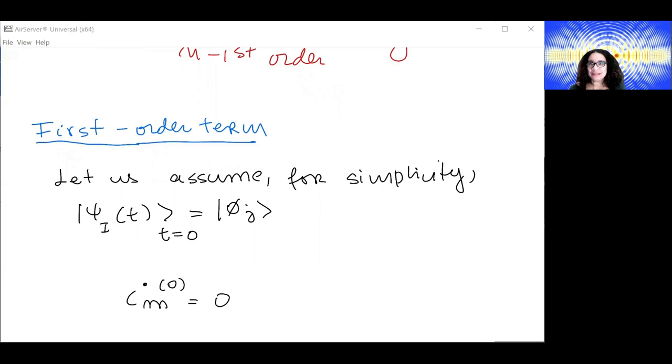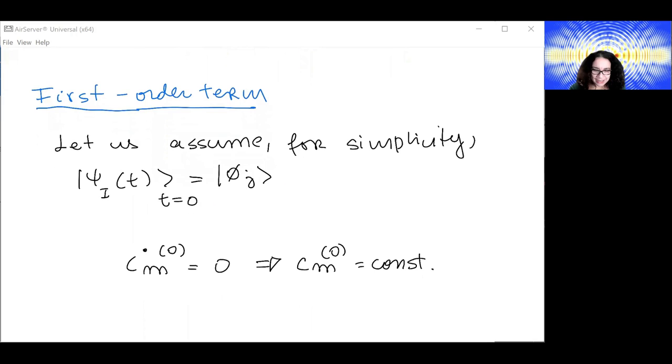So we have some flexibility there. So here this means that Cm0 is a constant. If initially we are in phi j, which is an assumption that we are making here without loss of generality, then we can say that